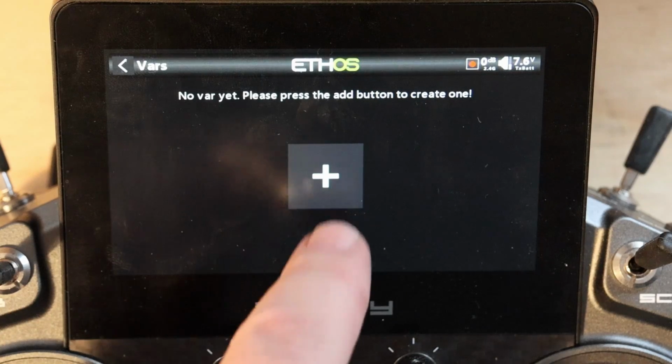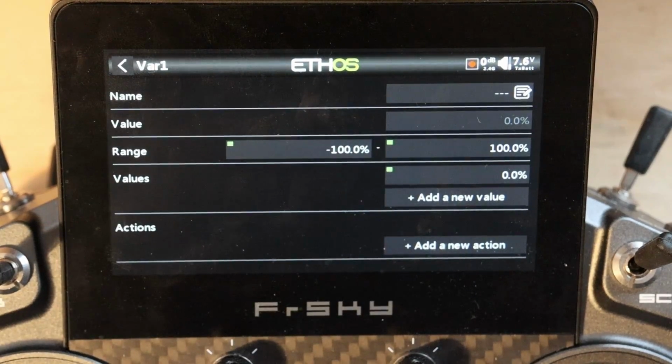VARs. Big change number 1. This is the replacement for the OpenTX GVAR as well as the VAR mixer. It's far more powerful than either. Compared to a GVAR, you've got more adjustability, more values, more of them, 64 instead of 9, and you're much less limited in where you can apply them